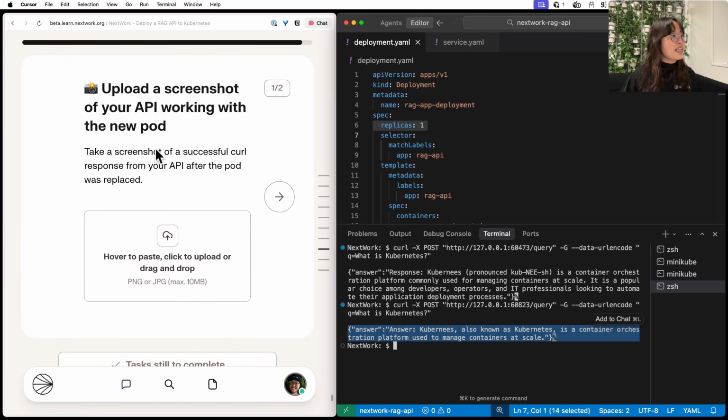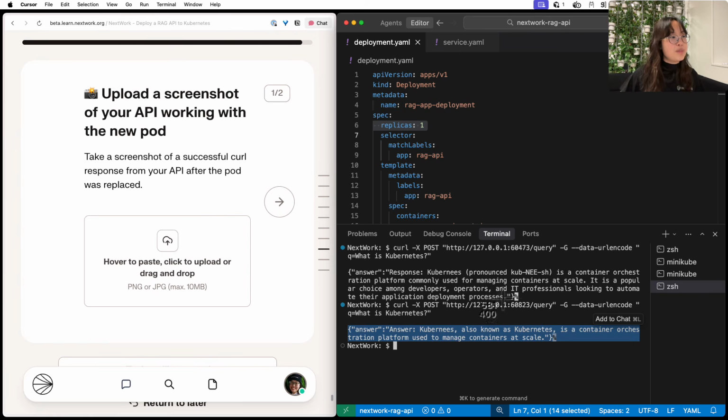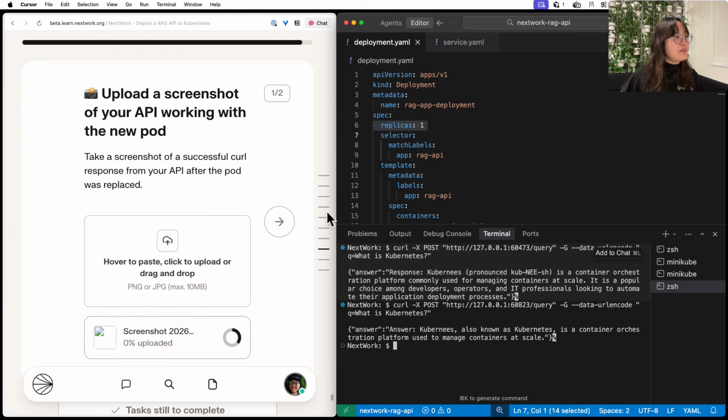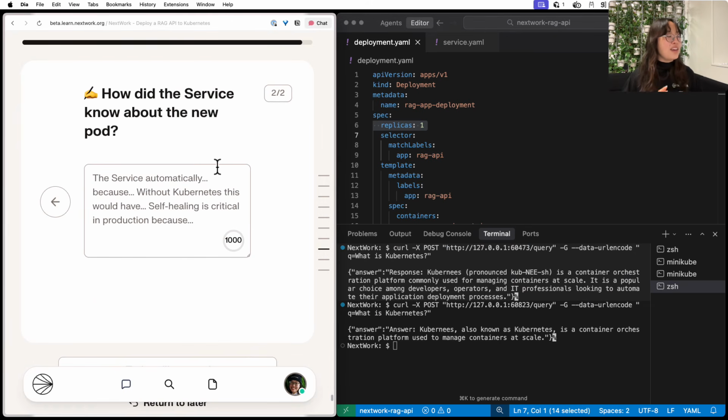Cool. So take a screenshot of the successful curl response from your API after the pod was replaced. So let's take that screenshot here and let's put that in here. Okay, and our question is, how did the service know about the new pod? So the service automatically